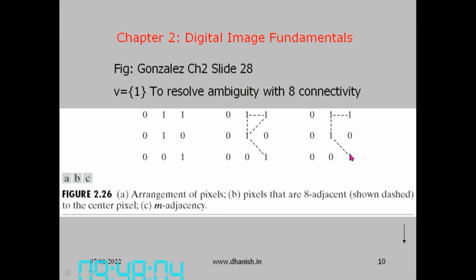So this is used to detect boundaries. So edge boundaries, you want to identify an object. If you are using only 4-connectivity, then the resolution is less. So we prefer M connectivity if you want to get more resolution, depending on the application. Of course, the computing becomes more difficult, programming also becomes more difficult, but you can use this M connectivity.